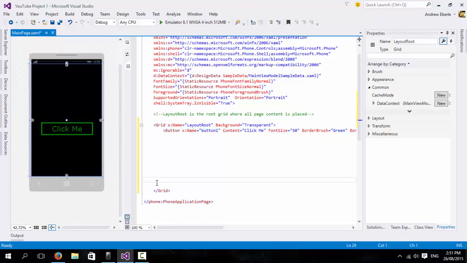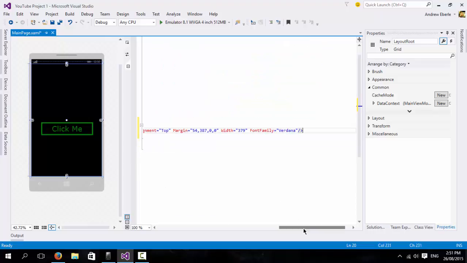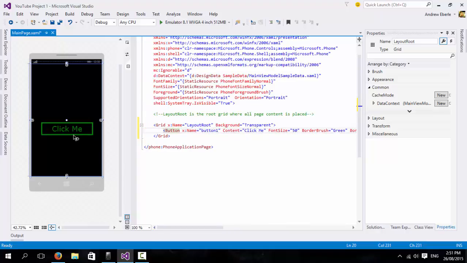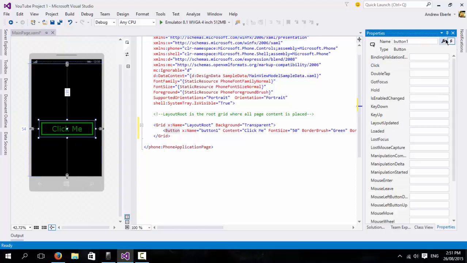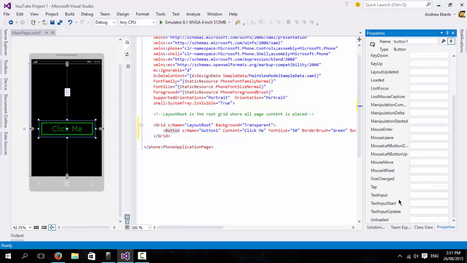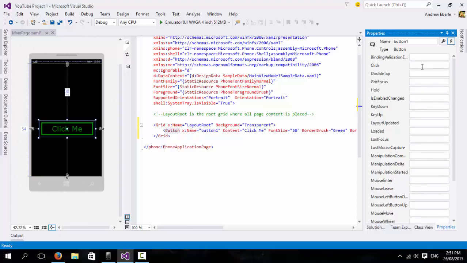So let's get this message box to display. It's probably what you're all waiting for. Alright, make sure you've got a close tab at the end so it knows that that's when it stops, kind of like in C# with a semicolon. So click me. Normally what I do is I click it and have this border around it, and I go to the event viewer because I really use the properties for elements and things like that. So we've got click me, double tab, home, yada. There's a stack of things here like the events on standard development. So we're going to go to click,